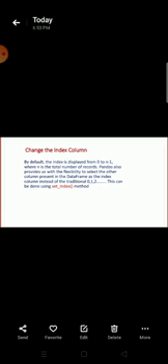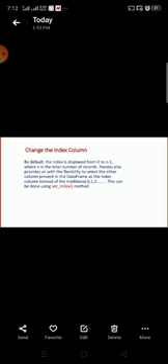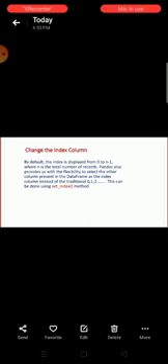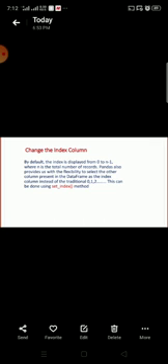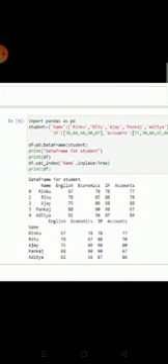This can be done using the set index method. Method name is set index. After set, underscore must be there because it is inbuilt in the pandas library. See the example. In the example I have taken name, the same name is there, English, economics, IP, accounts.